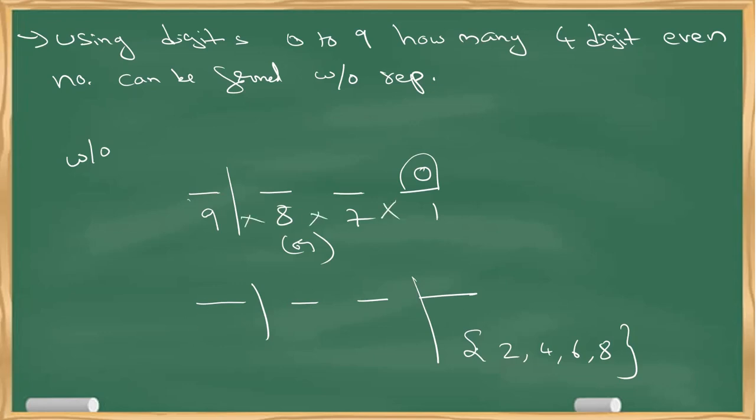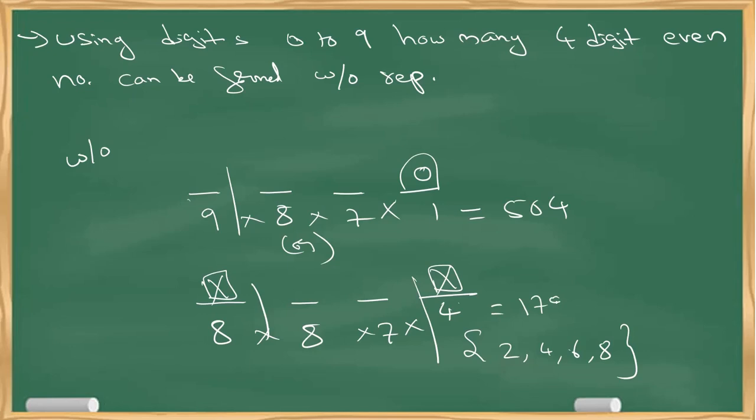Now here, how many ways? 4 possibilities. Now here, one digit is gone and 0 should not come here, so how many possibilities? 8 possibilities. Now 2 digits are gone, no condition here, out of 10 how many are left? 8, 7. So just multiply. This is 504 and this will become 1792. If you add, you'll get 2296 as the answer.